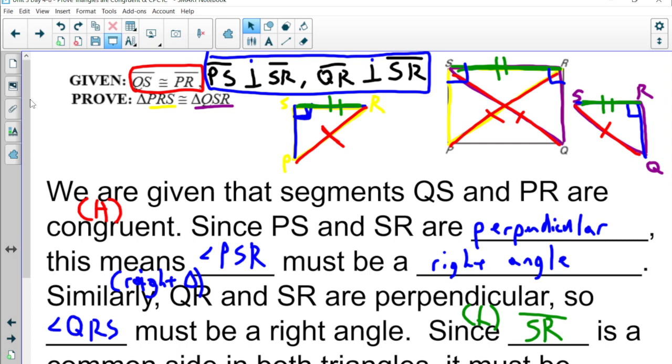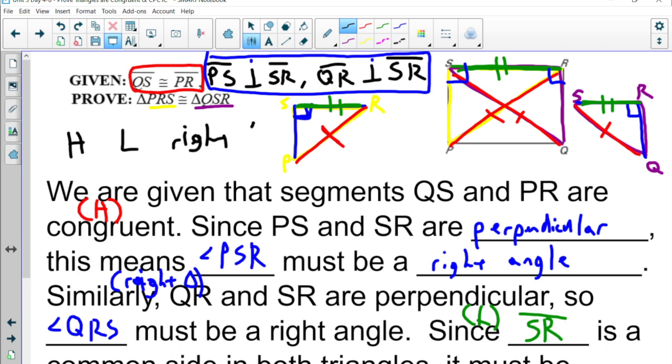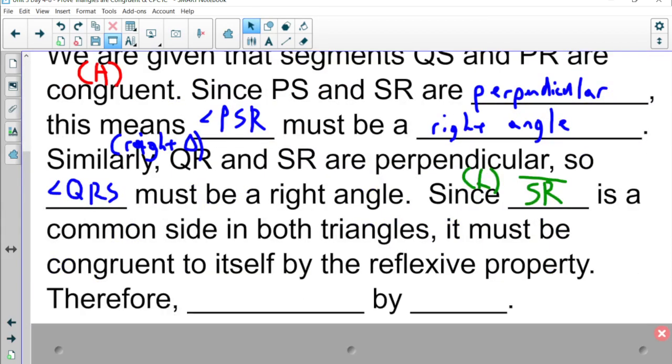So if we're looking at that information of hypotenuse, leg, right triangle, that first piece of given information told me the hypotenuse. The perpendicular gave me the right angles, which told me the right triangle. That reflexive property gave me the leg. Therefore,